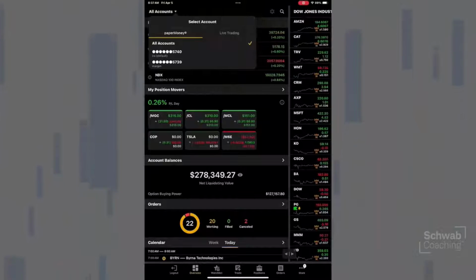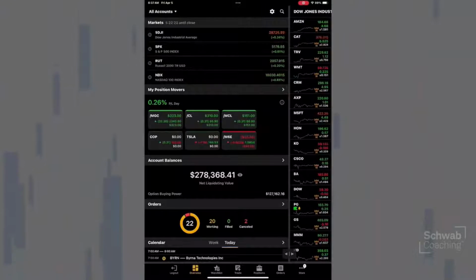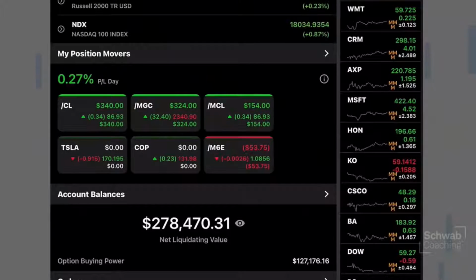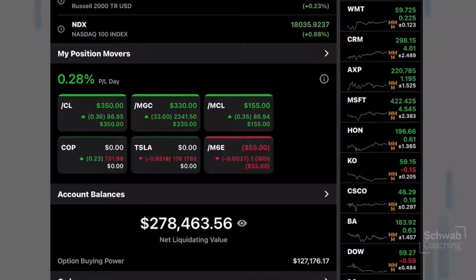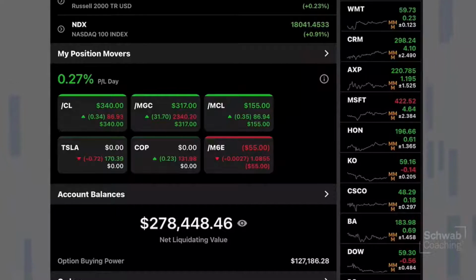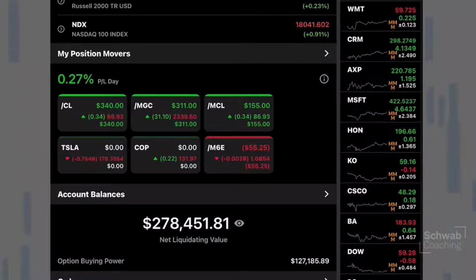Now, the other thing we want to do in this case is we see markets, okay, at the very top left. And what this is going to do is right below this, it will show my position movers. So this is just taking what's in these paper money accounts and saying what is moving quite a bit. Crude oil is actually moving quite a bit to the upside. And what's down is the euro, for example. Okay. So that's what it's showing there. Now it's going to pull up anything in the account. It could be futures, it could be stocks, etc.